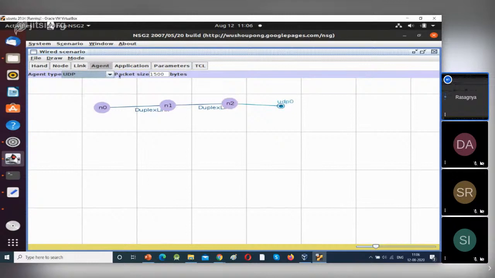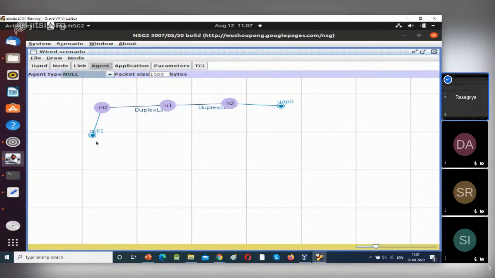Now for UDP protocol, the receiver is null because UDP does not provide acknowledgement. So we treat it as null. So select null as our receiver. Now I want N0 as my receiver. So just click on N0, move and click, and null is connected to N0. Now N2 will be the sender and N0 will be the receiver, and this N1 will be our intermediate device. So N2 will transmit data to N1, then N1 will transmit data to N0.